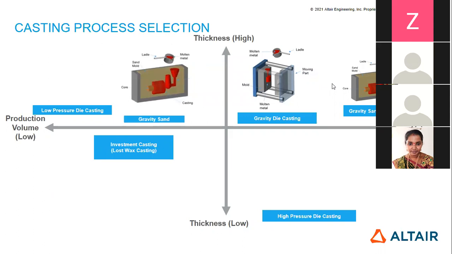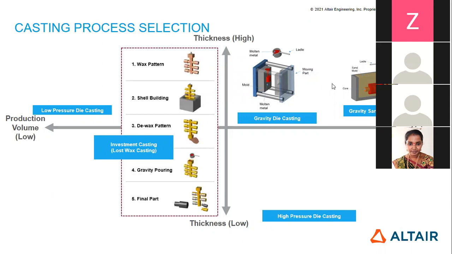And next is the gravity sand, which is the same. Yeah, that is the investment casting, in which wax patterns are made, and those wax patterns are poured into a slurry, and this process is repeated just to make a thick wall around the pattern. And